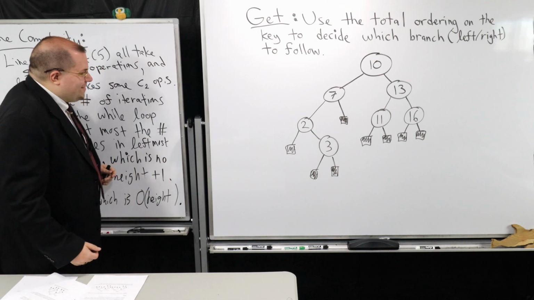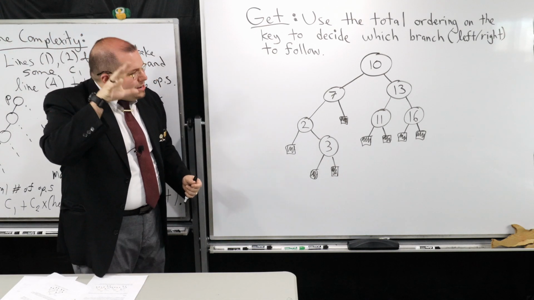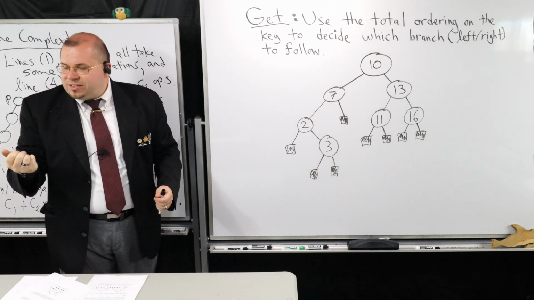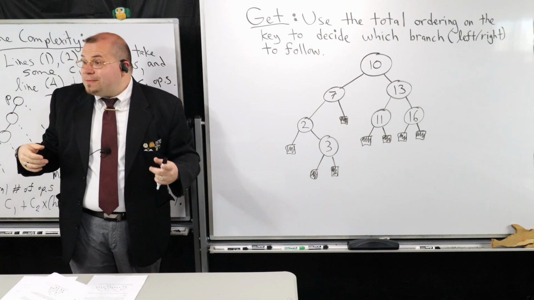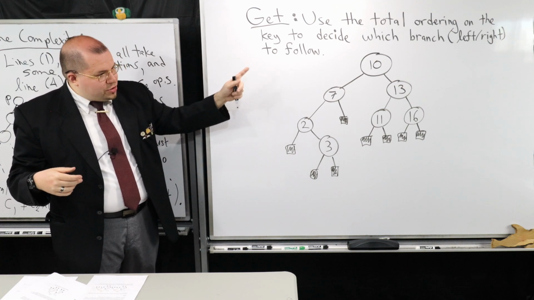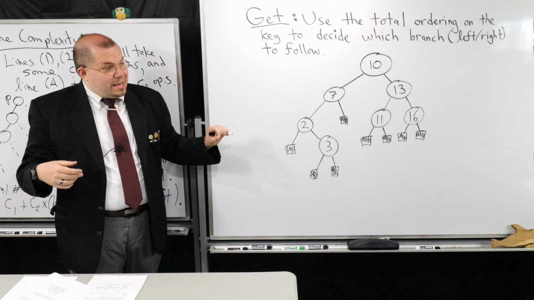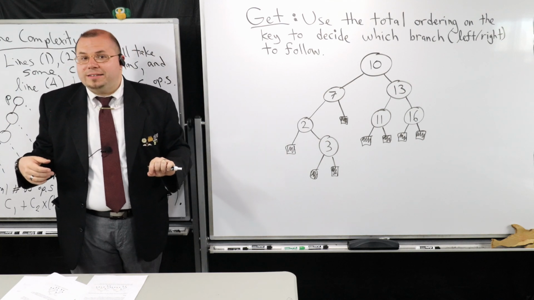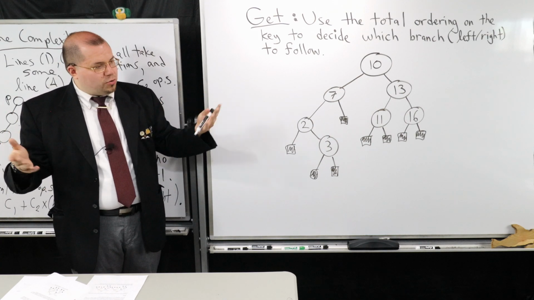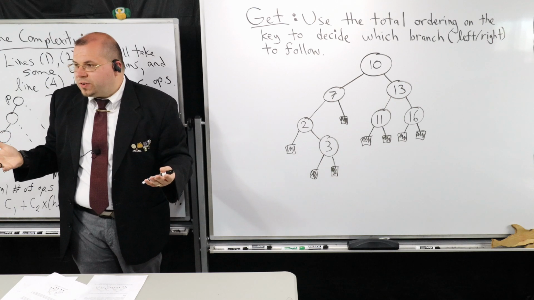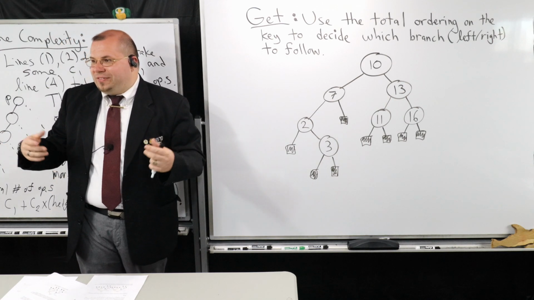So what I want to do is motivate you to why we can use the binary search tree structure as opposed to just trying every one of the nodes. For example, I could literally just do an in-order traversal of this entire tree and find the key I'm looking for, right? I could examine the entire tree. I could do this, in fact, with just a pre-order or post-order traversal or level order traversal. I could examine all of the nodes, right? And I could just see if it's there.